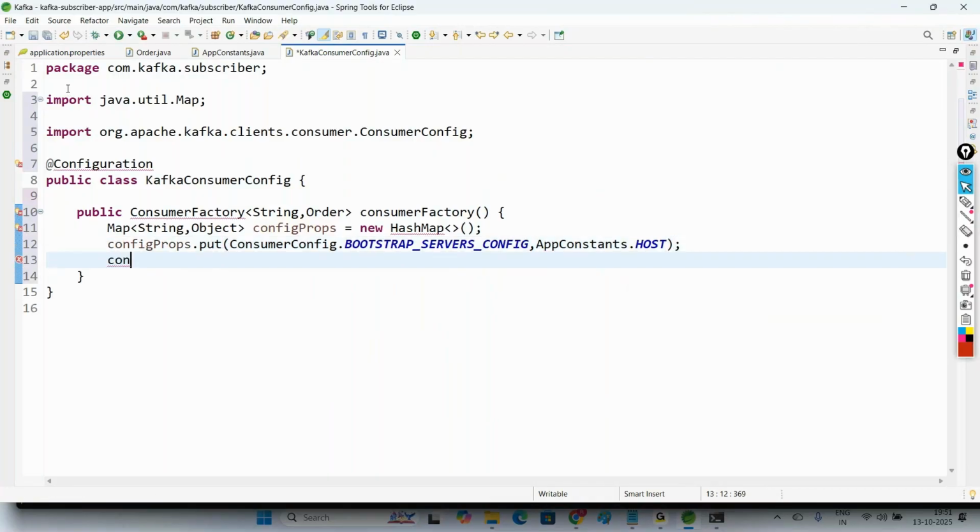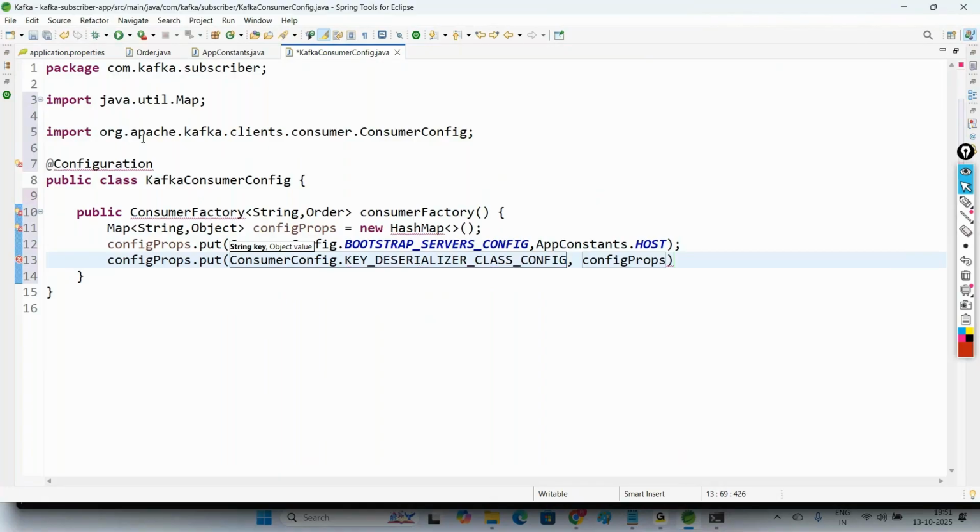The next one, configProperties.put, ConsumerConfig.KEY